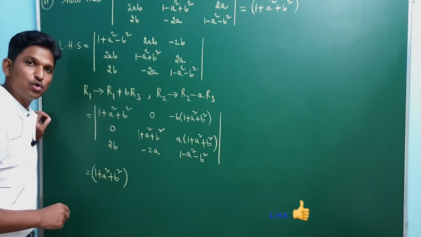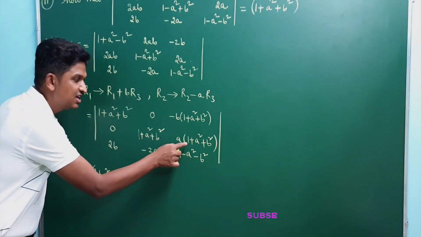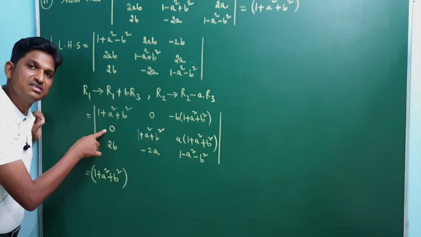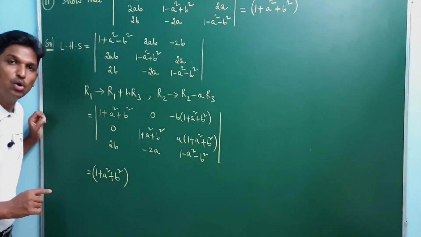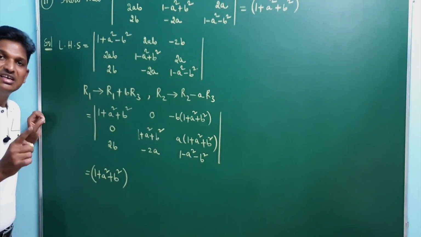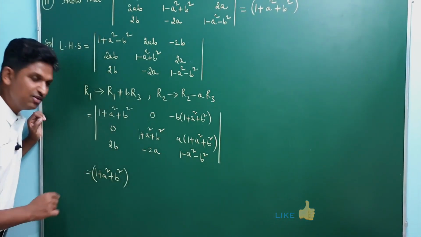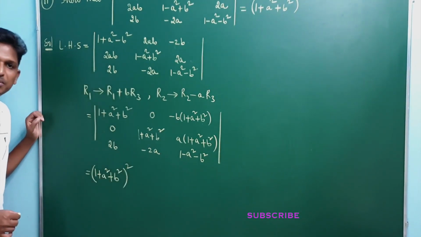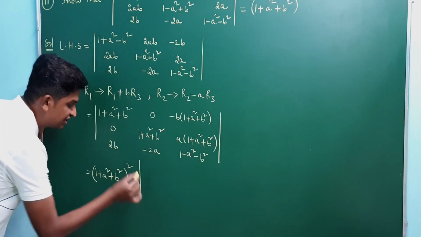You observe the second row. In the second row, here 1 plus a square plus b square is there. Here also 1 plus a square plus b square is there. Here also 0 into 1 plus a square plus b square will be there. So from the second row, I can take 1 plus a square plus b square common. Here already 1 plus a square plus b square is there. So this will become 1 plus a square plus b square whole square into determinant of